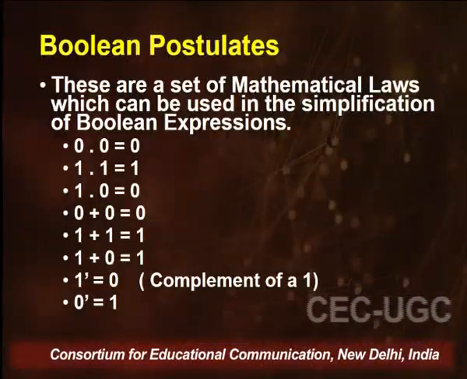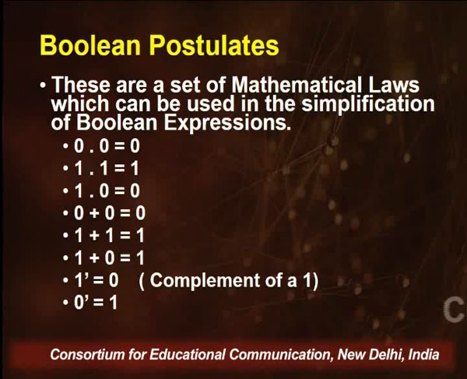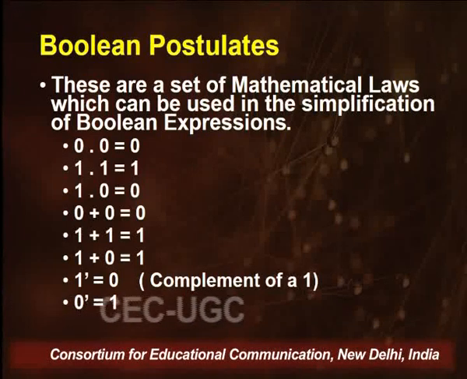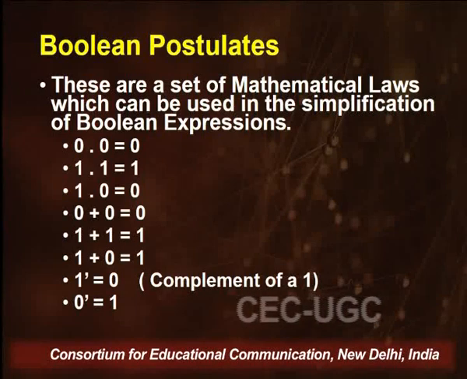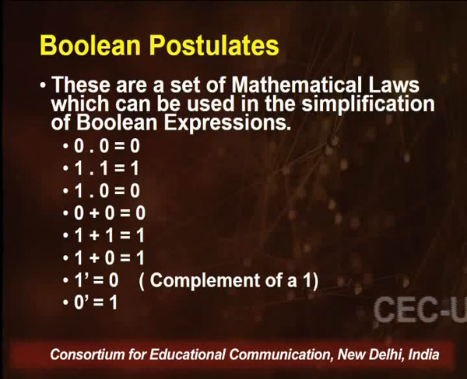There are certain laws that cannot be completely introduced or concluded in a Boolean algebra law. These are called the postulates. A list of the postulates is mentioned here, which helps us deal with the operations when we are either multiplying, which is a logical multiplication, or doing a logical addition of a 0 and a 1, and the relevant output that we get with each one of them.